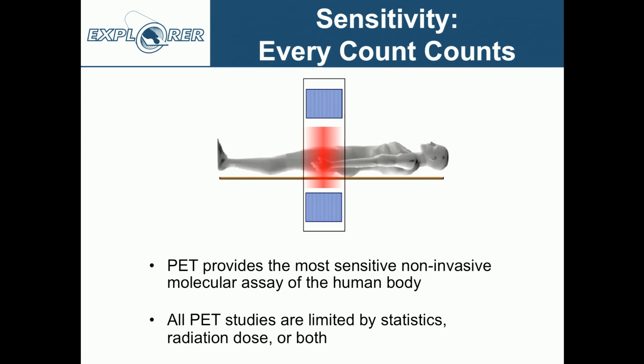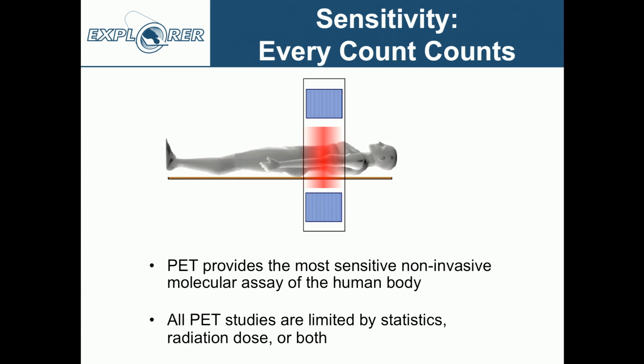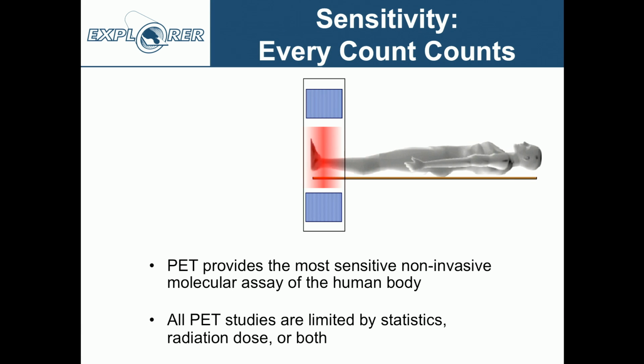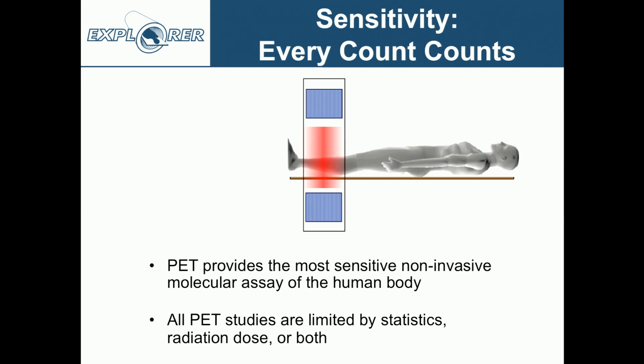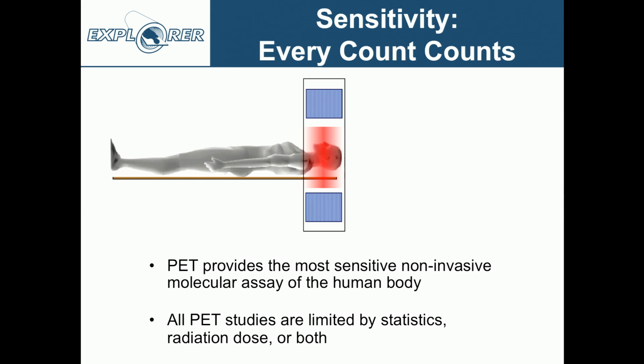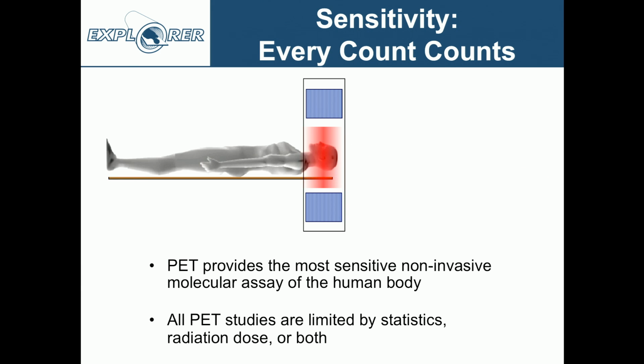So this is the way we currently do whole body PET scans. The patient is stepped through a scanner that typically covers an axial field of view on the order of about 20 to 25 centimeters or so. And so at any one time, only a small fraction of the patient's body is actually in the sensitive region